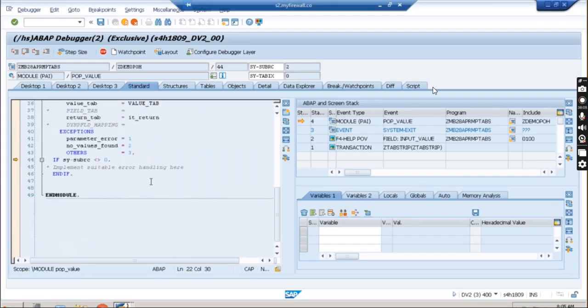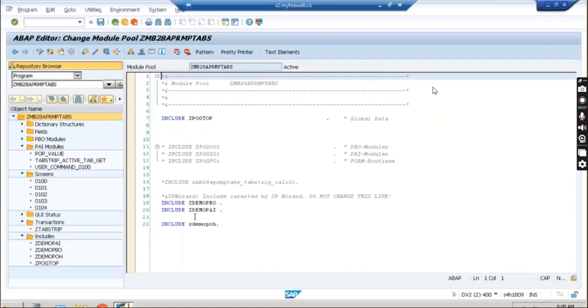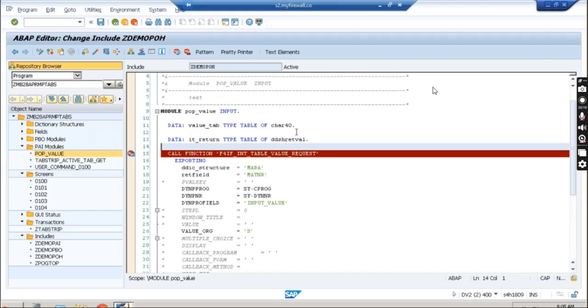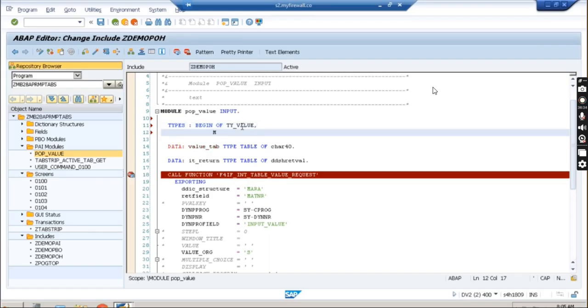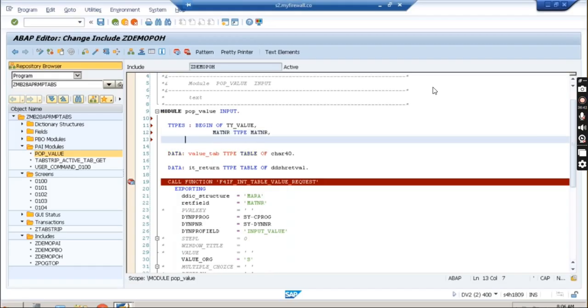Type table. Let me do one thing. It happens like this, this is a little tricky. Every time I forget what steps we have to follow, I'm just going to check with this value underscore tab. It may create some problem. Okay, so I'm going to create one, types begin of ty underscore value, and it will have the MATNR data type, MATNR field name. I'm going to keep the same. Okay, and then end of